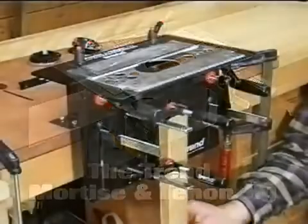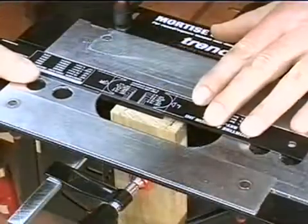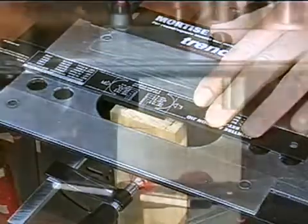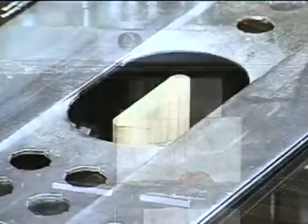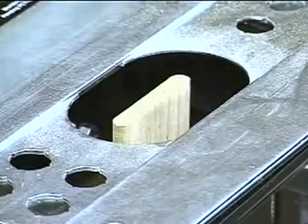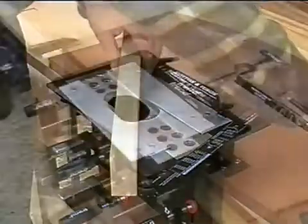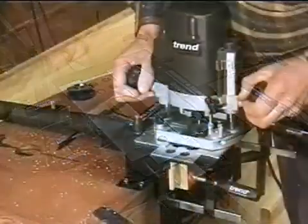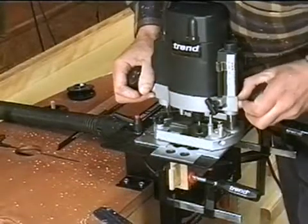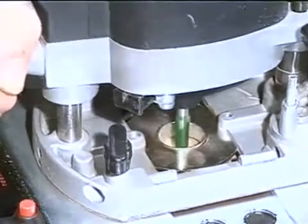This video shows how to set up and use the Trend mortise and tenon jig. It will enable the user to cut a variety of accurate, fully repeatable mortise and tenons with ease. Once set, it will cut both components, the tenon and the mortise, without further adjustment. Simply change the cutter and guide bush on your router, or by using two medium-duty routers, you'll speed up the